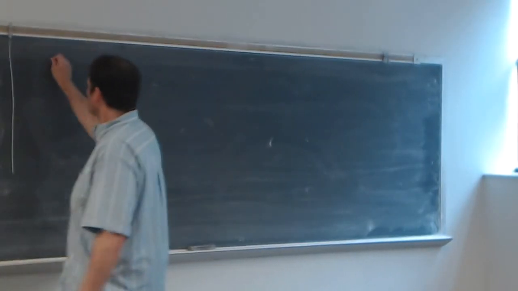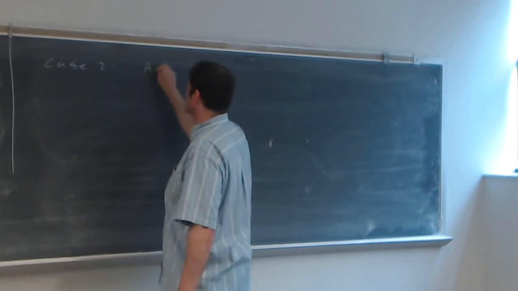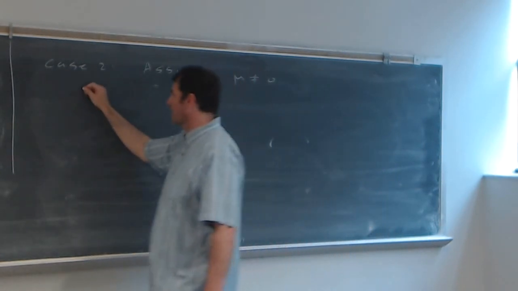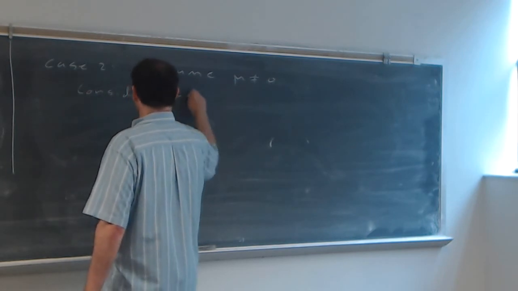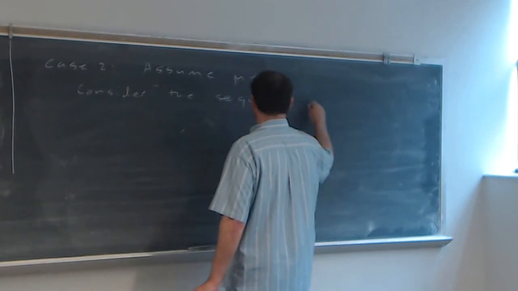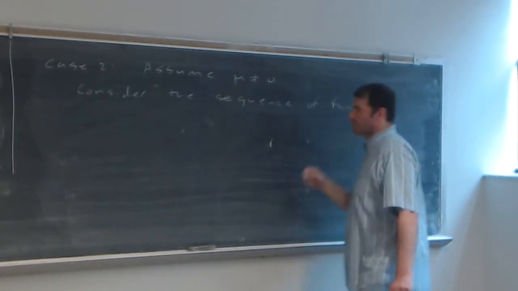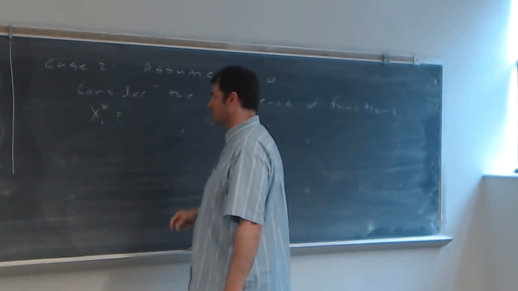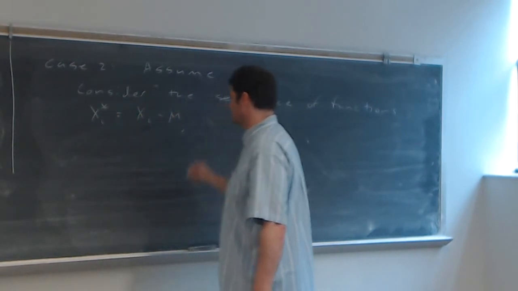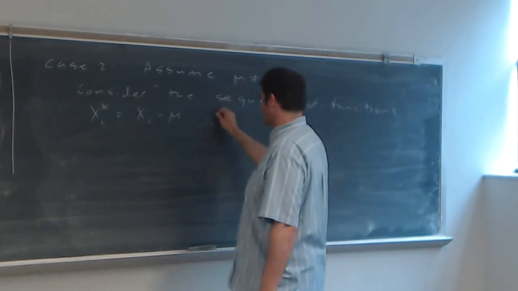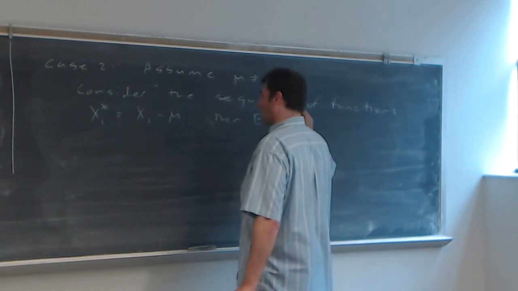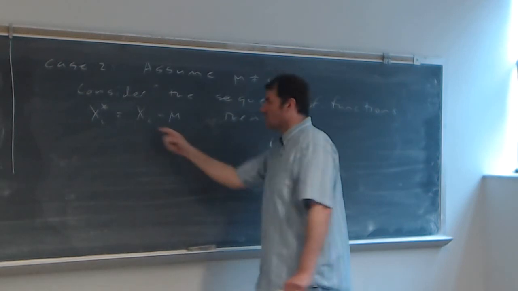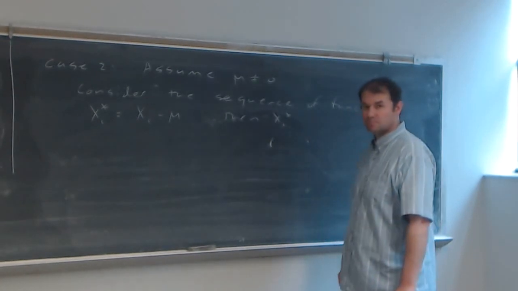So in case 2, what are we doing? We assume mu is different from 0. Then consider the sequence of functions X_i star equal to X_i minus mu. When you look at these functions, because the X_i's were identically distributed and independent,